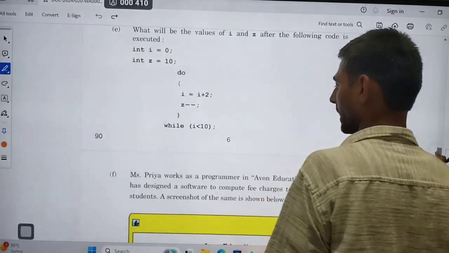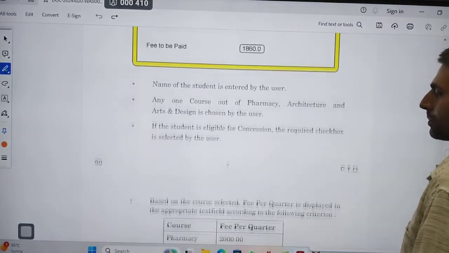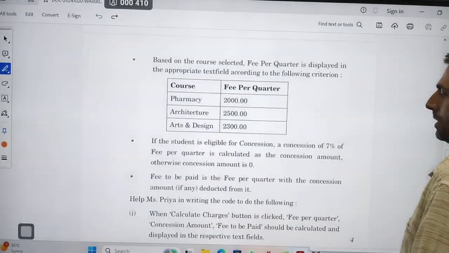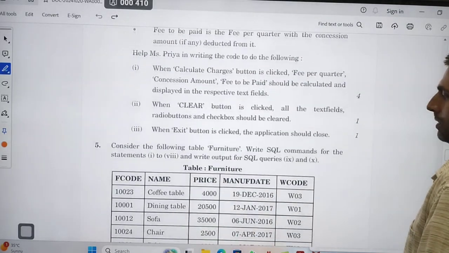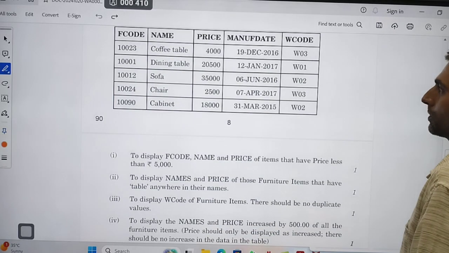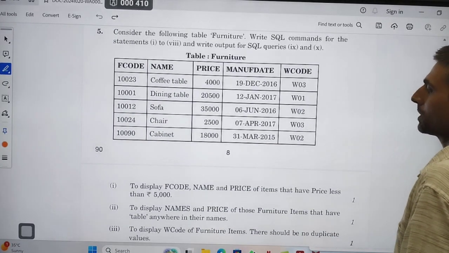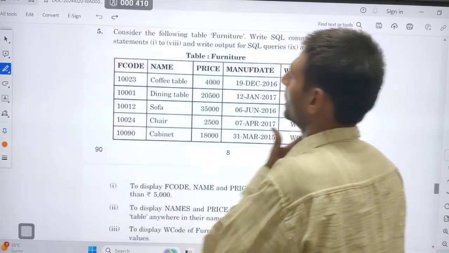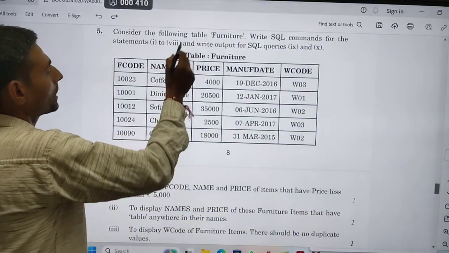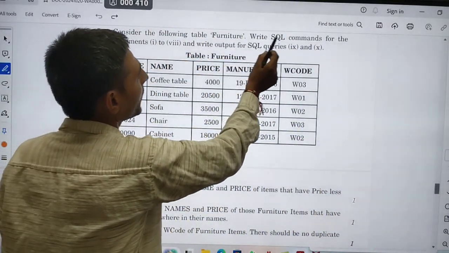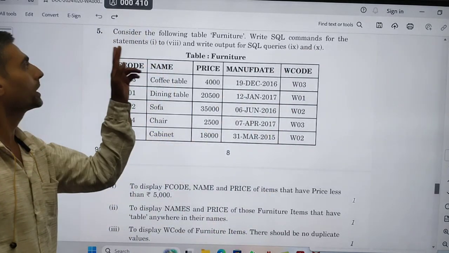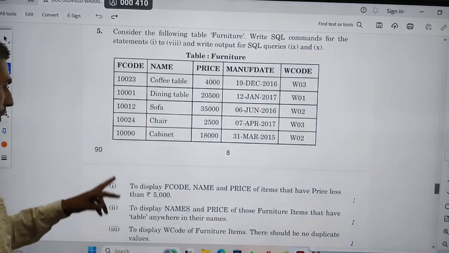This is a question on character function, asked by CBSE in the 12th board. The question is: consider the following table, furniture, and write SQL commands for statements 1 to 8.